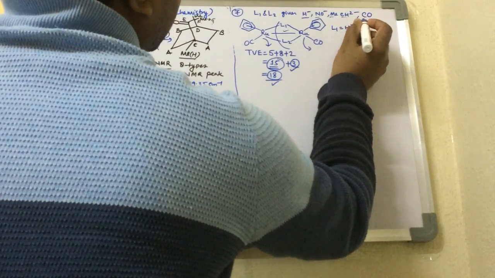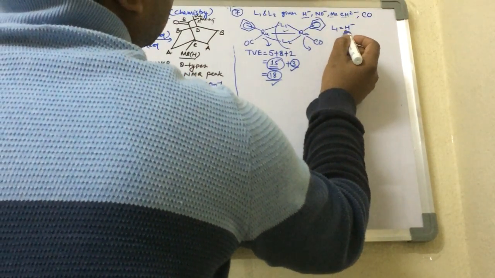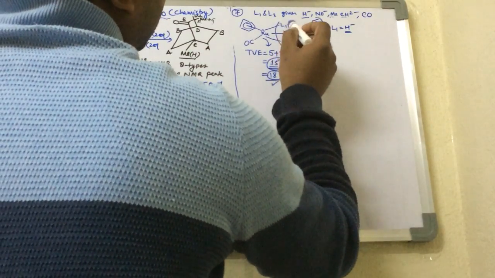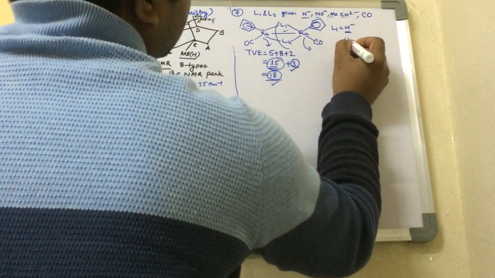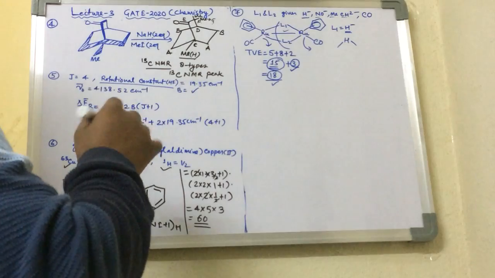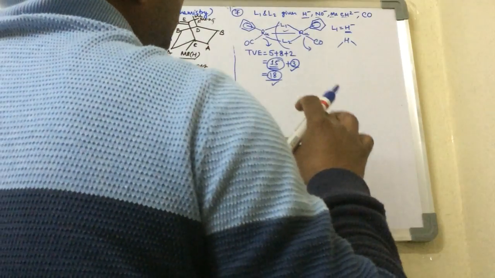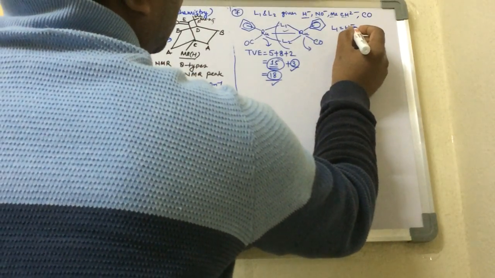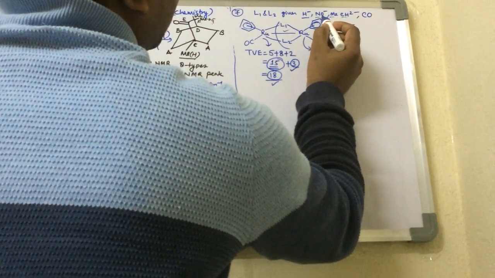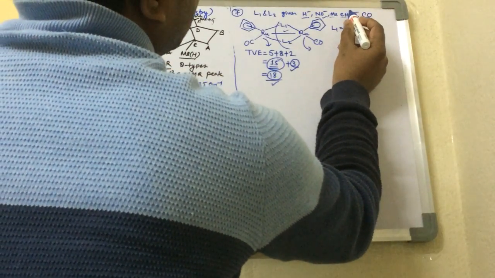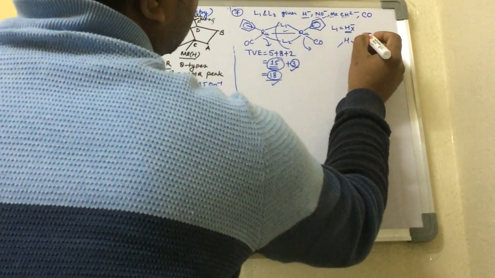So if we take L1 as H minus, is H minus possible in this place? Because I have never seen H bonding by sharing 2 electrons with two other bondings. So this is not possible, and NO is also not possible, and Me minus. So here if you see Me